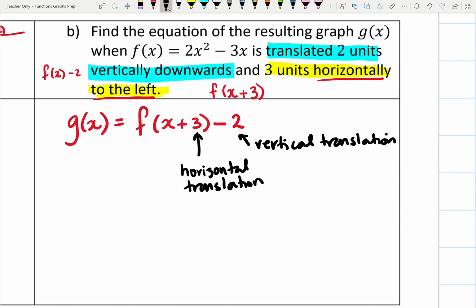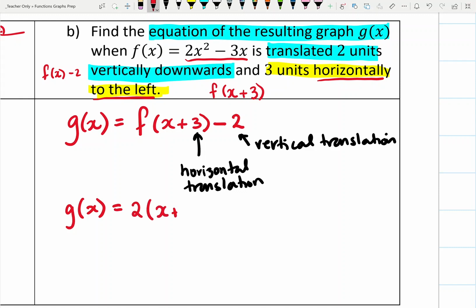Now, when it says find the equation of the resulting graph, g of x, what's implied, and probably on a test what will be spelt out very clearly for you, is that it wants it expressed in simplest form. So now that we've worked out that it is f of x plus 3 minus 2, we need to work out what that actually is. So if f of x is 2x squared minus 3x, then f of x plus 3 is going to be 2 times (x plus 3) squared minus 3 times (x plus 3), and then we've got this minus 2 on the end,